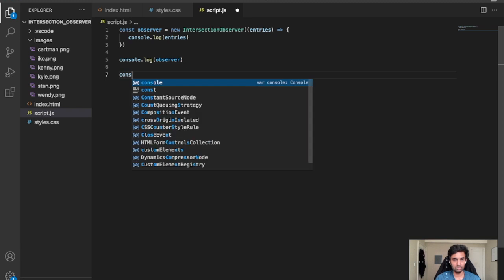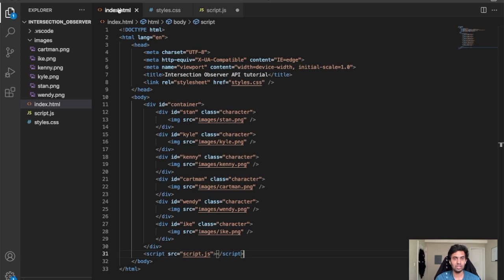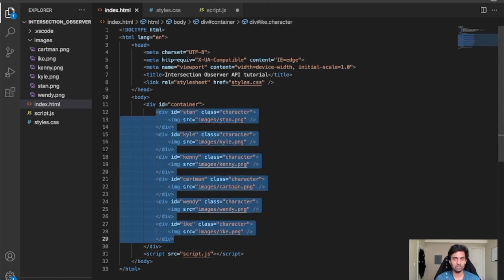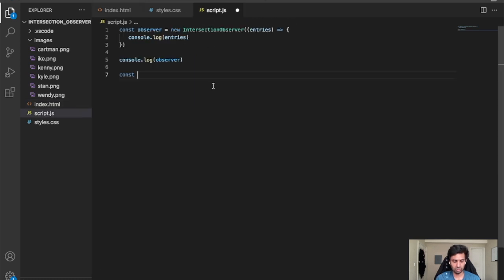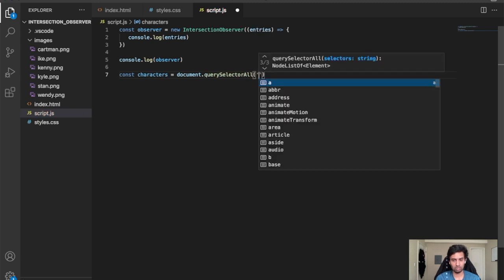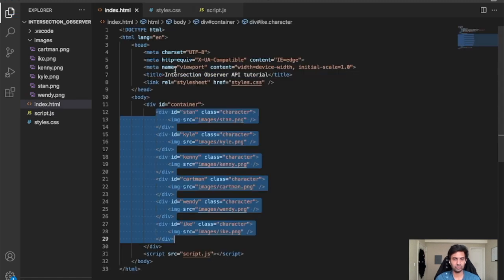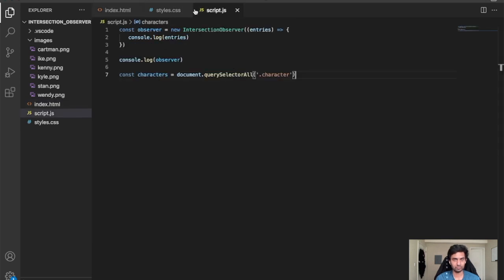Okay, let's try to get some target elements. First of all, I want to get all the target elements first by using a query selector all. So I'm going to call them characters, and this will do document dot query selector all. Within this, I'm going to get all the characters by their class. Okay, so this is how I'm going to get a node list of 6 elements. So let's move this out of the way. All right, if I log the